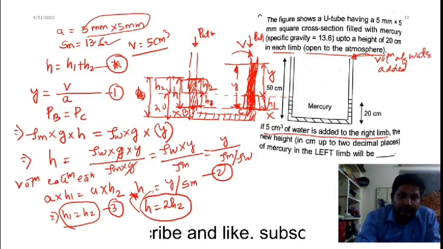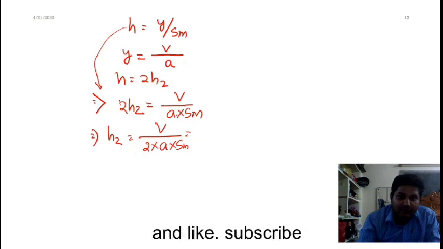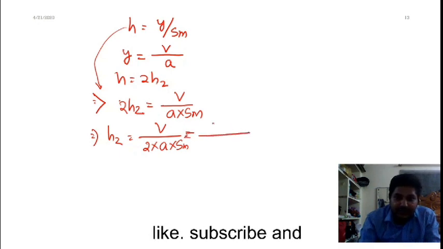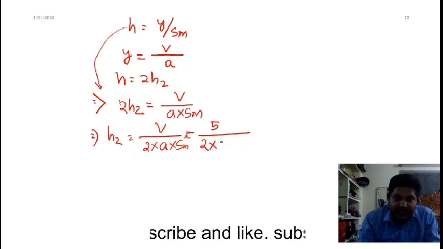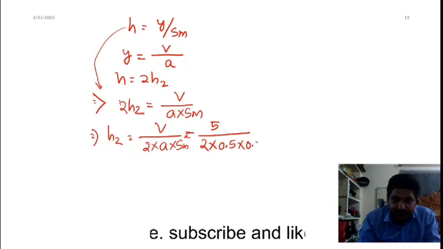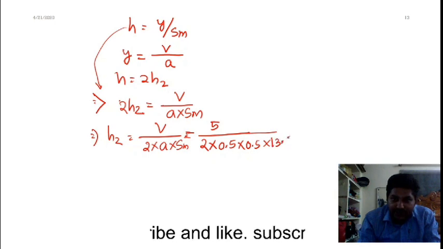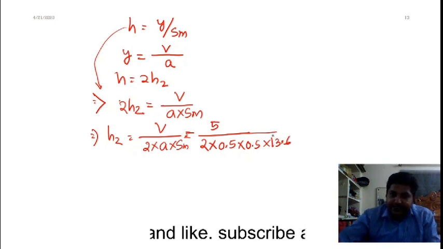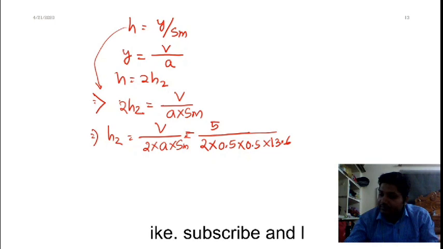So I will put in all these values. The volume is 5 centimeter cube, the area is 0.5 centimeter into 0.5 centimeter, and the specific gravity of the manometric fluid is 13.6. So if you solve this one, it is coming out to be